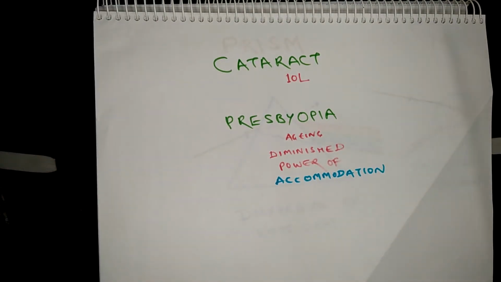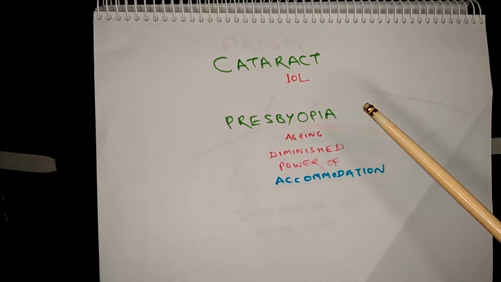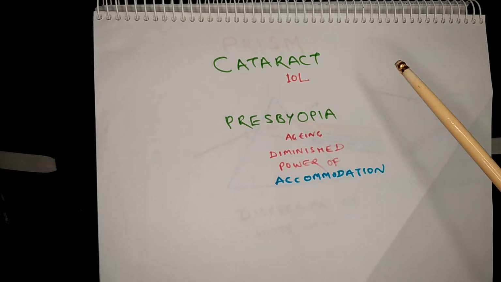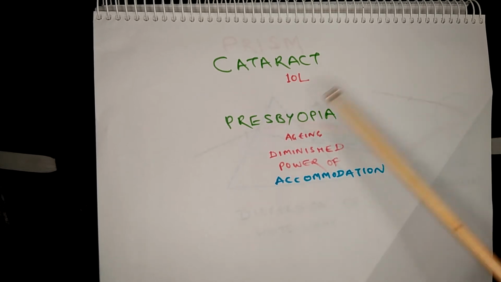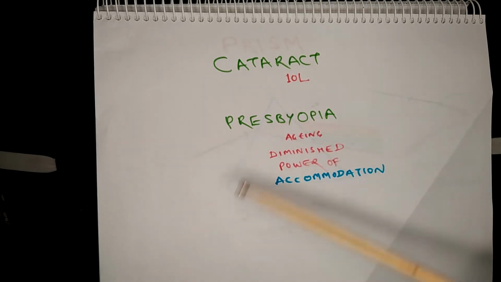Two other problems of the human eye are cataract and presbyopia. In the case of cataract, the lens gets clouded because of deposition of debris inside it, and because of this, the opacity increases and the person finds it difficult to clearly see the objects around him. The treatment is a surgical procedure in which the debris is cleared, and usually an artificial lens is also transplanted, and the process is called IOL. IOL stands for intraocular lens transplant.